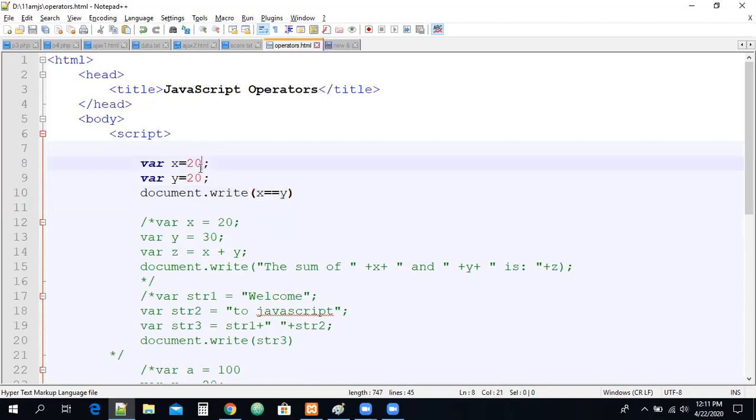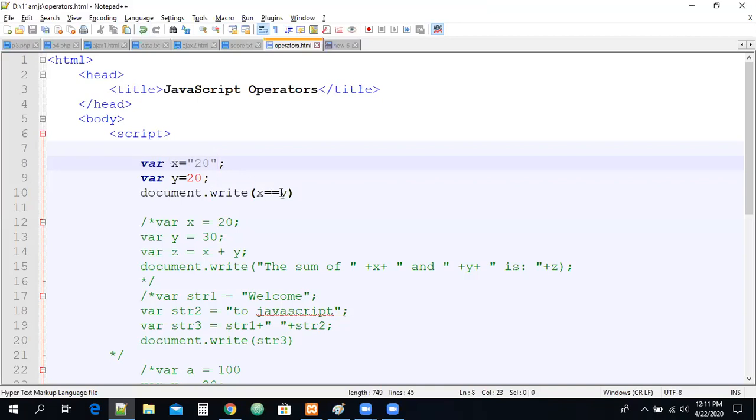Now you can check it, guys. Now I am taking the x value as a string, double quote means this is going to be a string. Now refresh it. That is going to be true. Yes, both are matched. So remember, now I'm going with triple equal to. Can I get the output true now?